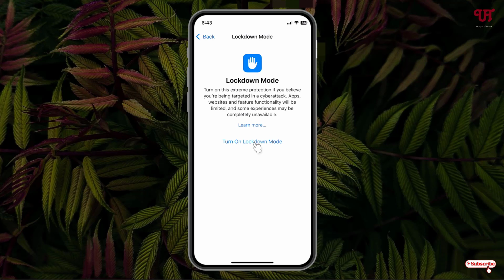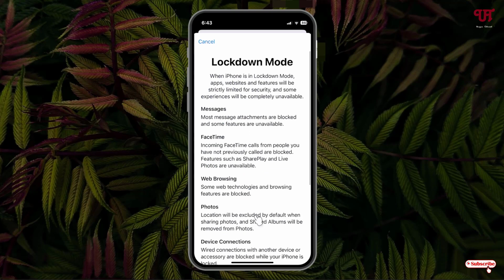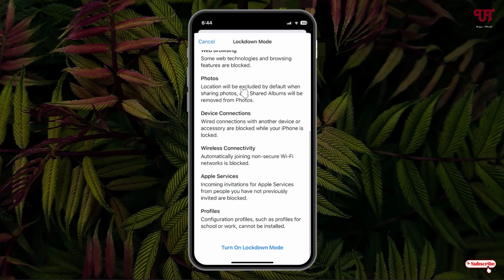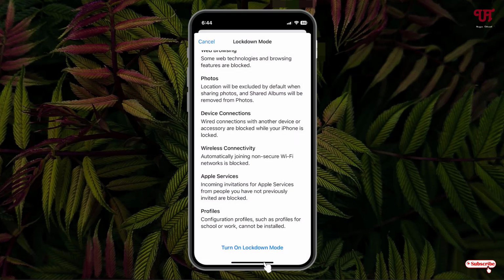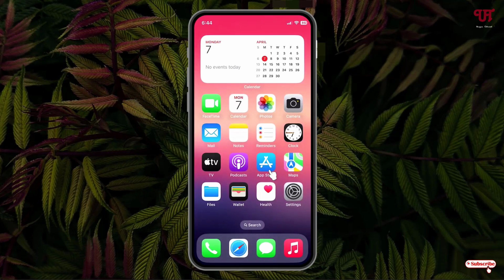So now just click on this turn on lockdown mode. Now you can see here all the details regarding the lockdown mode. So just turn on this lockdown mode. Now you need to click on this turn on and you need to restart your iPhone smartphone in order to activate this lockdown mode. So by using these cool tricks, you can easily get extreme protections from cyber attacks in